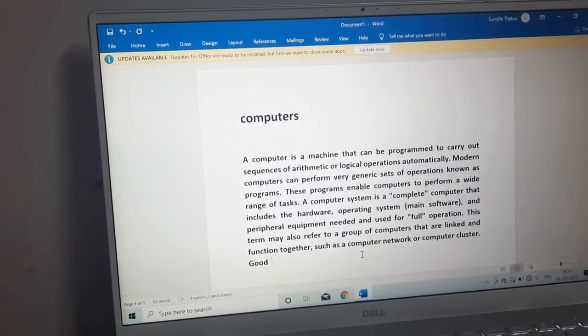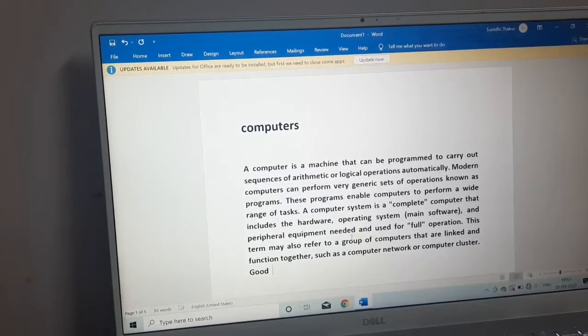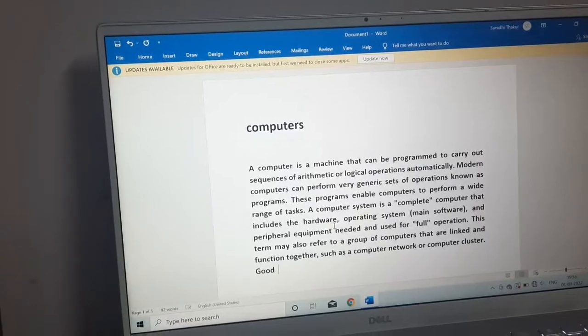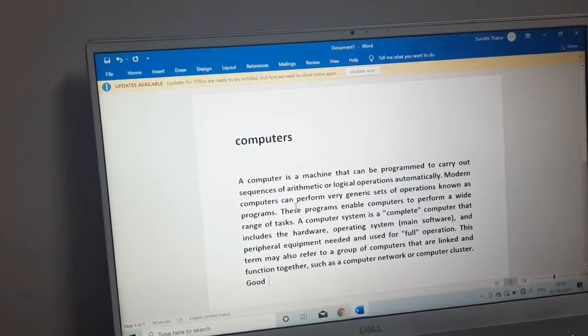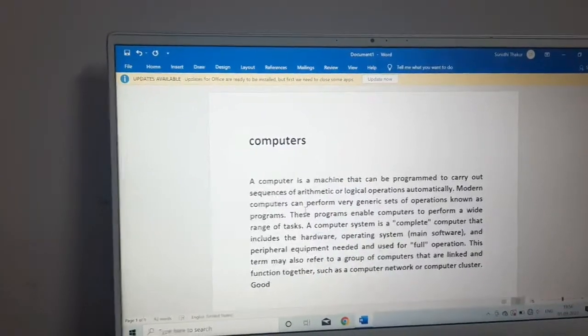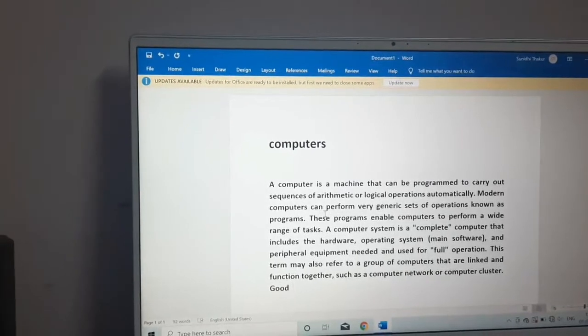And deleting is again very easy. Suppose you are done with your writing part, now you want to delete something from your document. So just select that word, line, paragraph, or part, as I've shown you how you can select, and then just press the delete key from your keyboard.